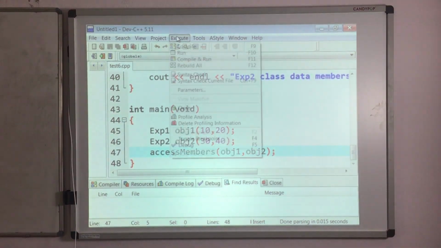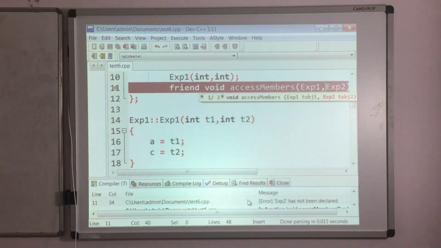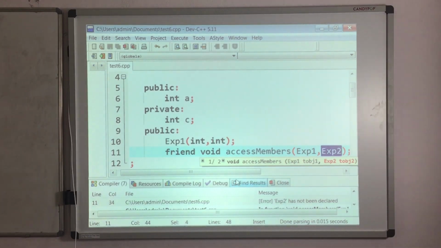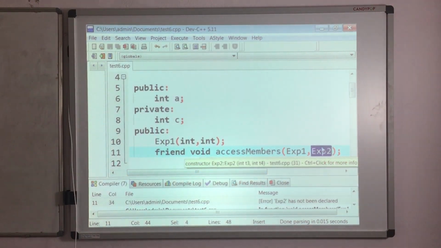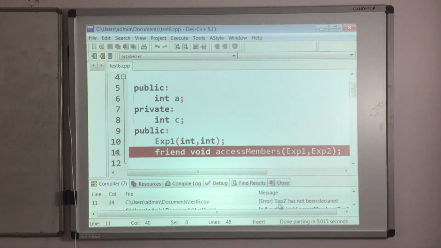Program is saved, compile. Yes, only one error it is showing over here. This exp2, the class name, is shown as an error, and it is saying that exp2 has not been declared.